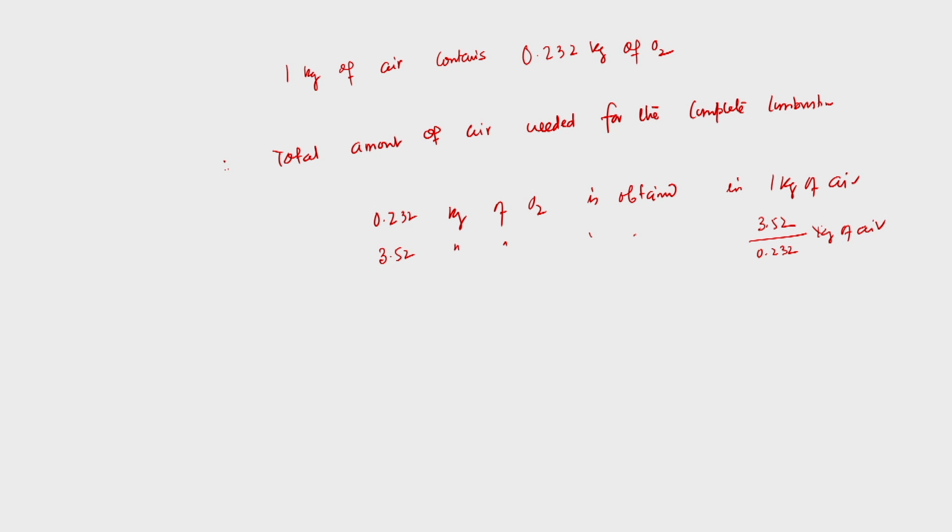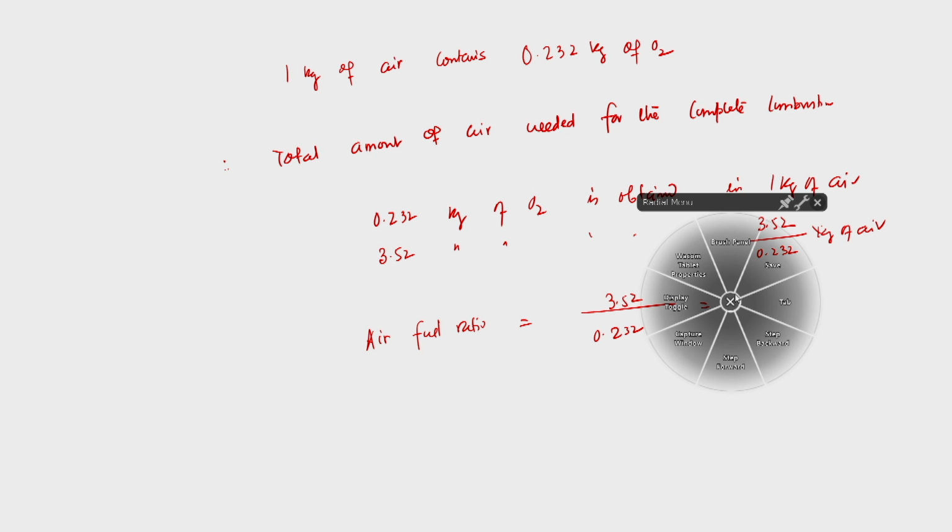So we know that this will be the air fuel ratio or fuel air ratio, which is very important. So 3.52 divided by 0.232 is known as, for 1 kg of burning of the fuel we require this kg of oxygen. So we can calculate the air fuel ratio. The air fuel ratio will be 3.52 divided by 0.232, that is near about